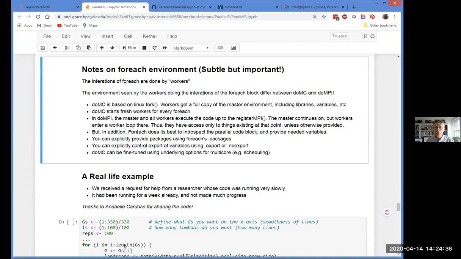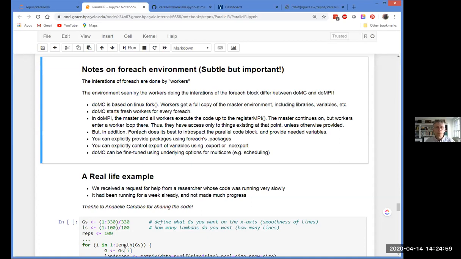But in the case of doMPI, the workers don't necessarily have all that stuff. And so what foreach is going to do is package it all up and ship it off to the workers. It does an introspection process on the code block and ships off whatever it thinks is needed. And again, that usually works perfectly, and it almost feels like magic.